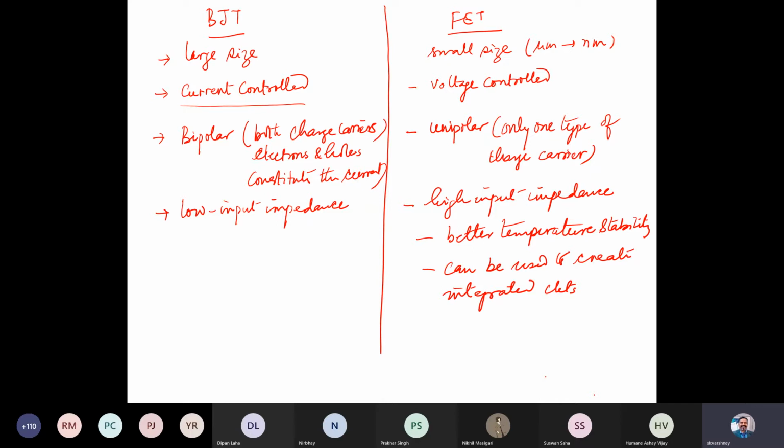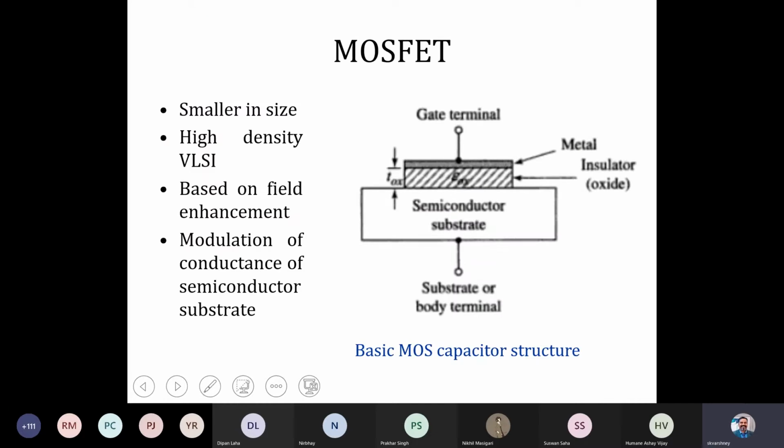To make this understood, this is the basic structure of a MOSFET, and if we look into this, it mimics a capacitor. Sometimes we call it a metal oxide semiconductor capacitor.